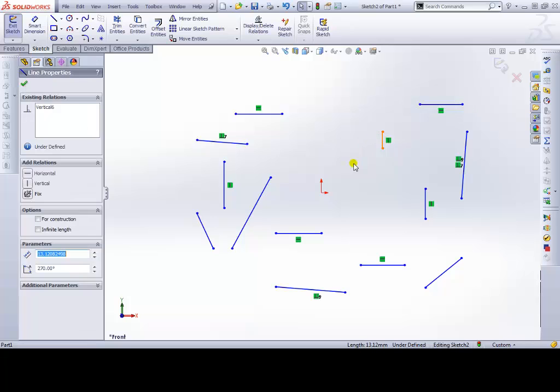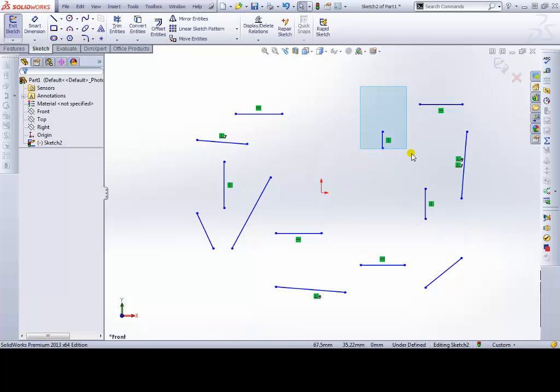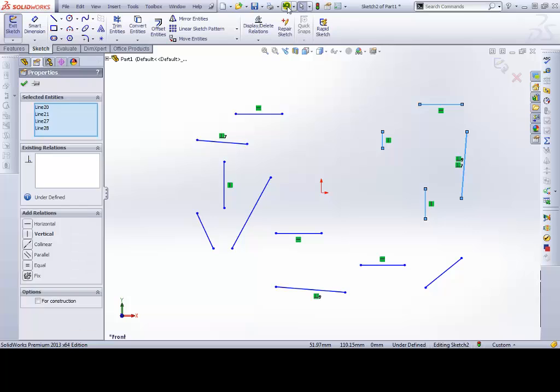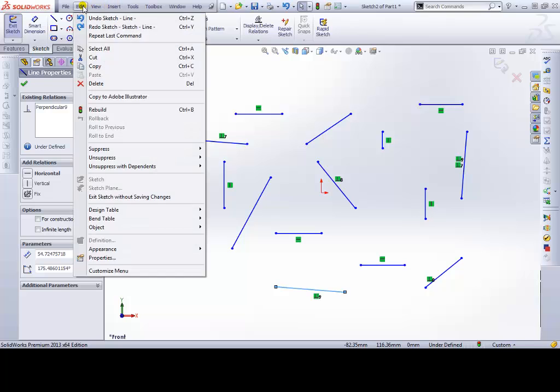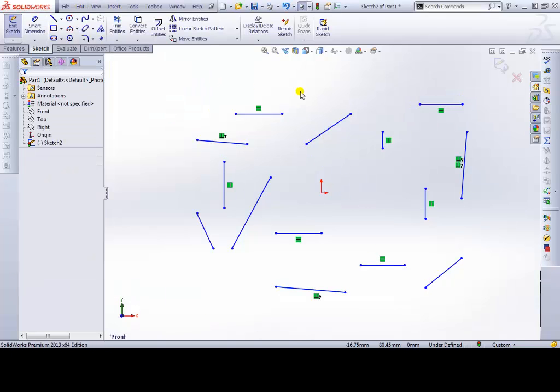I can select a few lines by holding down Control or any of the other selection techniques that we've been learning. I can go ahead and delete those. Also, you may realize that, oh no, you actually need to keep those lines there. So we can again undo it, and then you realize actually we didn't want them again in the first place. Well, now you might not remember which ones we had deleted. Well, we can always go to edit and we can redo, which would take us back and redo the last